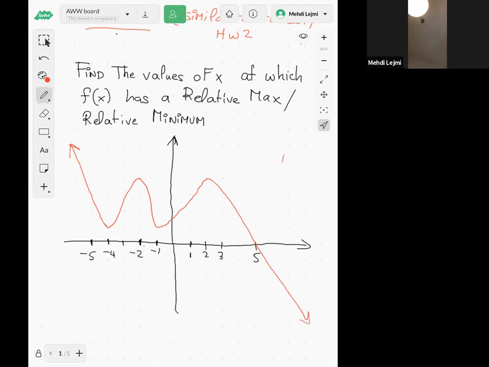Okay, so this is my f of x. All right. Hey guys, let's say you have 2-3 minutes to think about this exercise. I'm sorry, my graph is not perfect, but